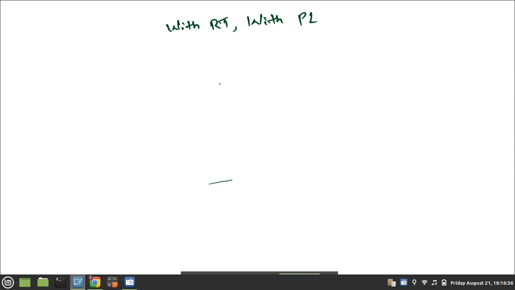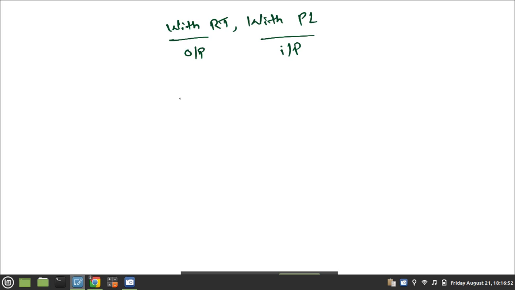With return type means output will be there, with parameter means input will be there. Only we need to perform the computational part.